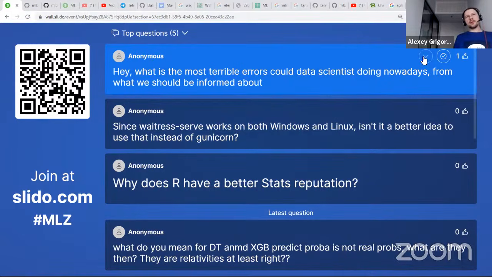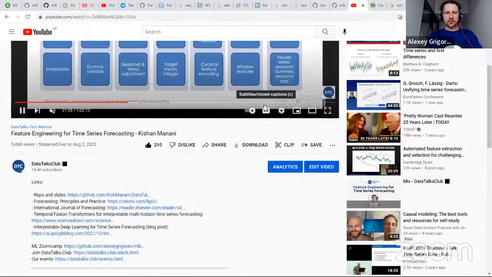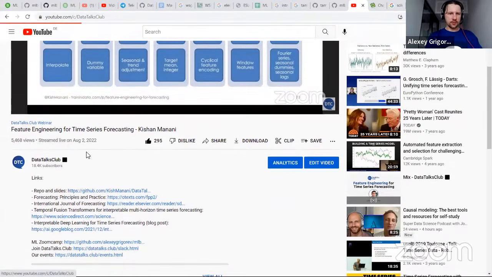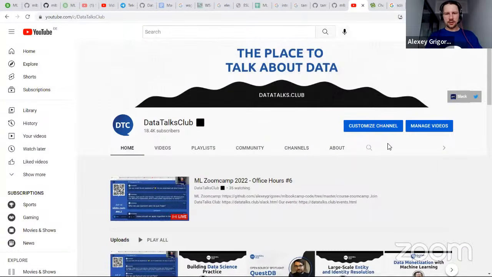Then another one, what else could it be? I think it's chasing new tools instead of focusing on the business problem. And I think it's common across all engineers, not just data scientists, but also software engineers, front-end engineers, and so on. And then I would again go to our channel, and what I will type here is